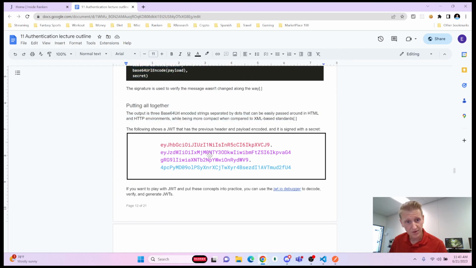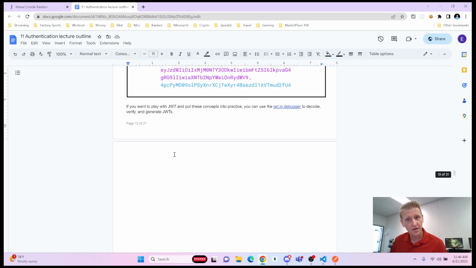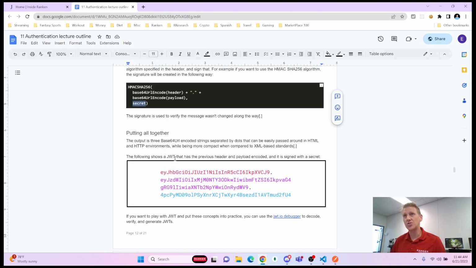So a web token basically looks like this long string of meaningless information, but it breaks down into a header, a bunch of data, and information to encrypt that. The benefit of using this like a hash is that you make sure the data